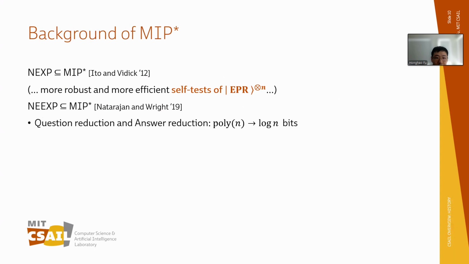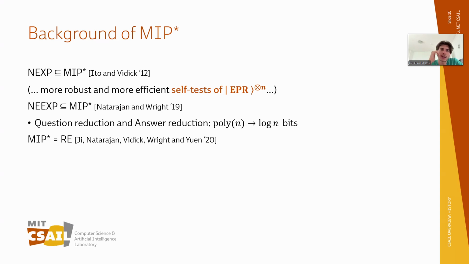And the key idea is to use self-tests to get question reduction and answer reduction. Namely, they can transform an MIP star protocol with poly n-bit communication to log n-bit communication while maintaining the completeness and soundness guarantees. And then,